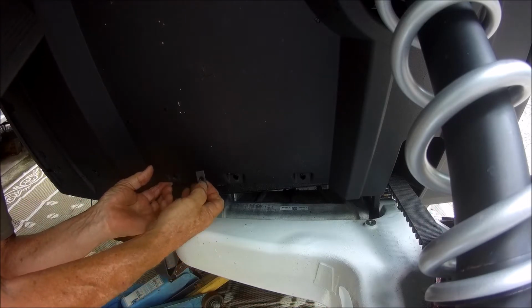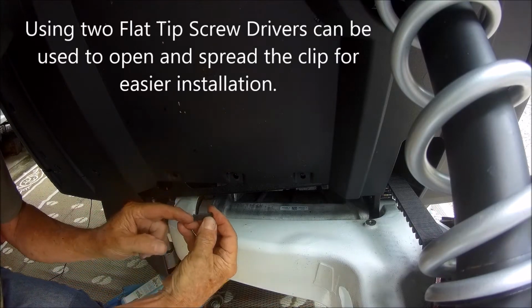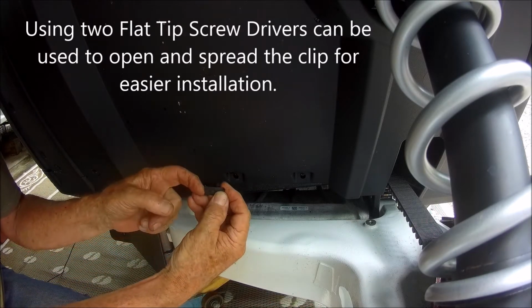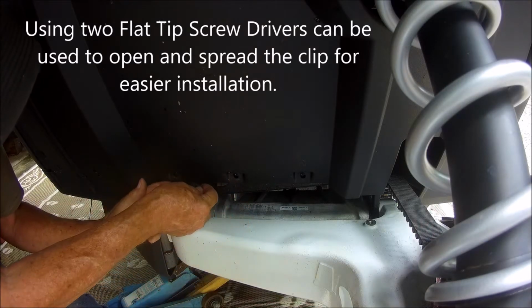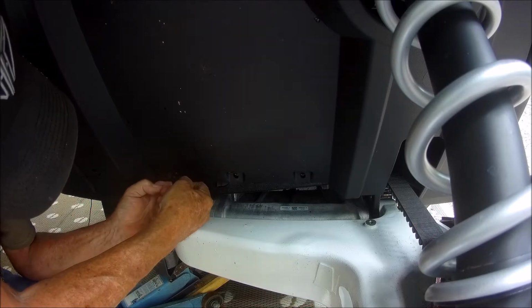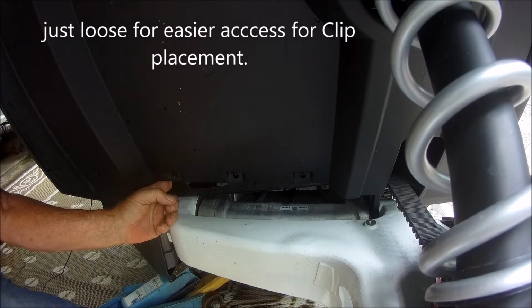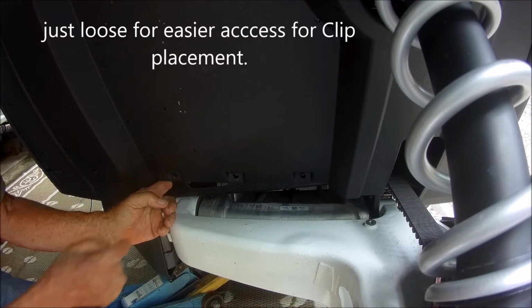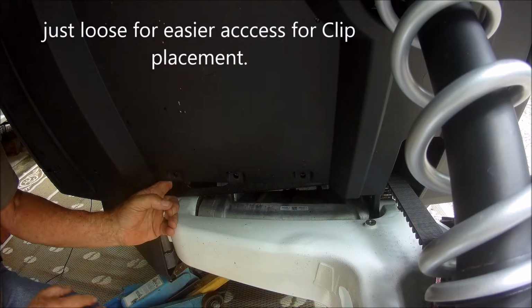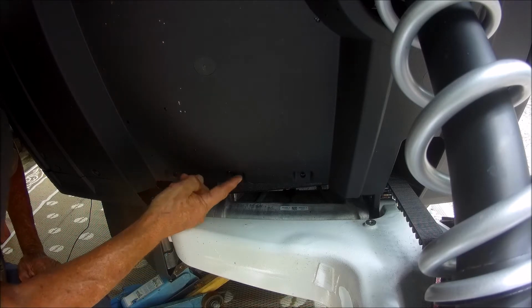This is probably going to be the most difficult part of the job: you've got to slide the metal piece in between here with the flat side out. So I'm going to use one of my fingers in the back. I think we're going to have to take this panel off really to do this right. I just don't see how this is going to be easy to do up here and get your fingers in there. It says here that you don't need to do that, but I do not see how we're going